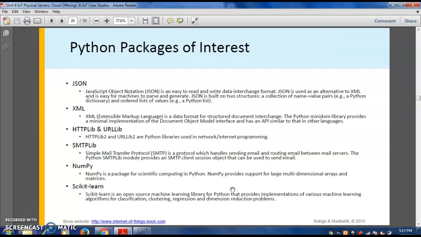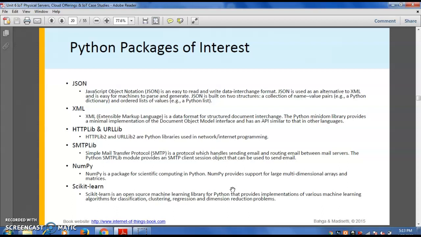You can use it in Python also. XML, Extensible Markup Language, is a data format for structured documents, also provided to share documents. The Python minidom library provides a minimal implementation of the Document Object Model, so it can be interfaced with an API similar to other languages.